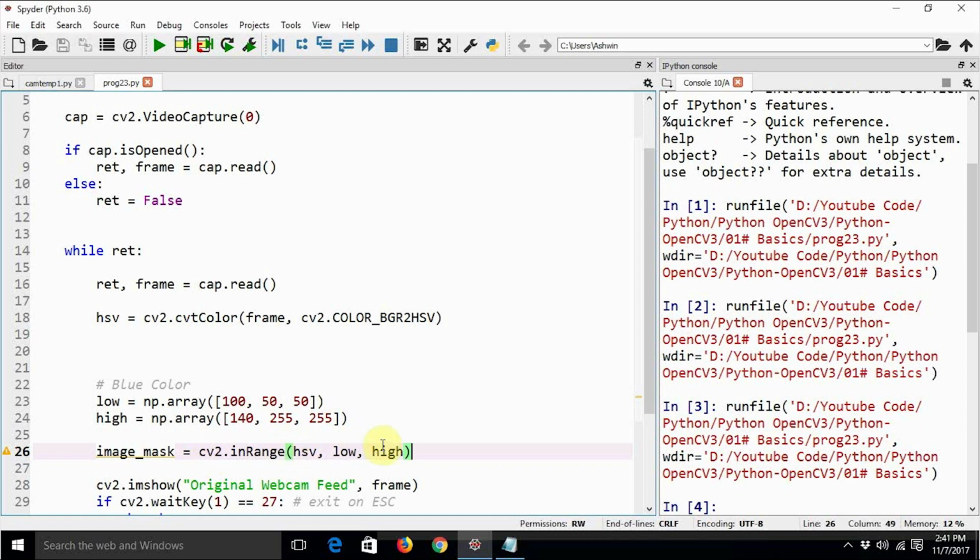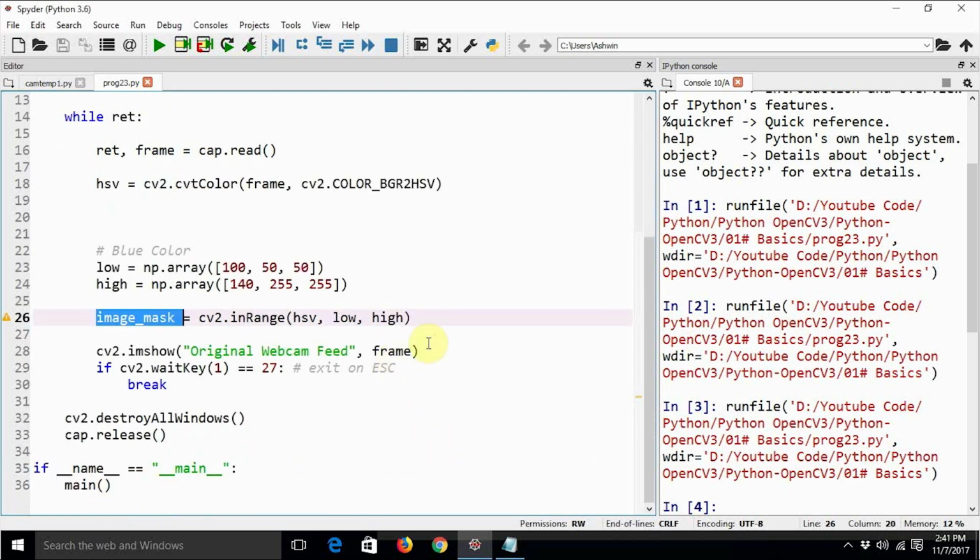Whenever this particular line of code runs, it is going to fill this image mask with an array of 1s and 0s. It's going to be a binary array, or binary image if you want to see it that way. We are even going to see this on the screen.